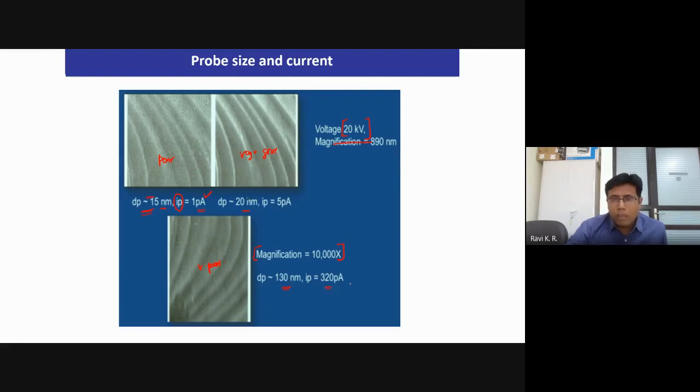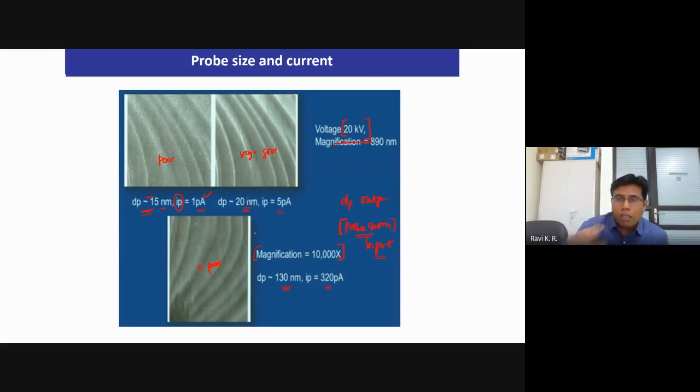When you increase the probe current, we will see there is a relationship between the probe current and the diameter of the beam. Okay, so there is nothing called optimum. Even if we keep the voltage constant, you have to change this value, because dP is the output. The probe current is the input, something that you are going to increase or decrease, because dP does not only depend on the probe current. There are a few other factors, but this is general.